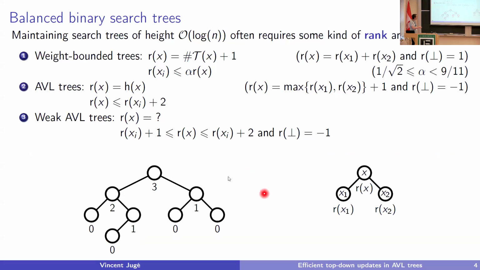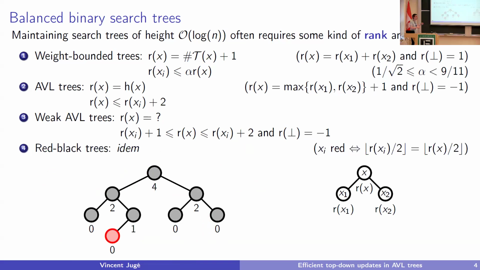Here you see I have the same tree, but with different ranks. It's still a weak AVL tree. What I was saying is that the ranks are not uniquely defined by the shape, but it's okay. It just gives you 2 different rank assignments to the nodes for the same tree. Whichever you happen to be on is fine.